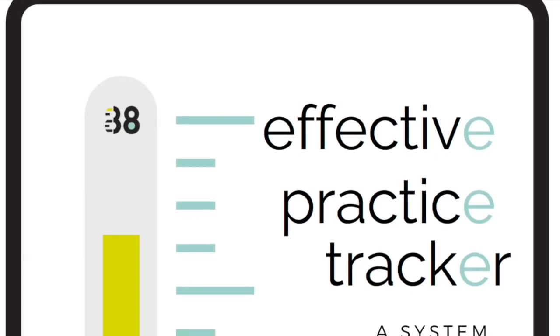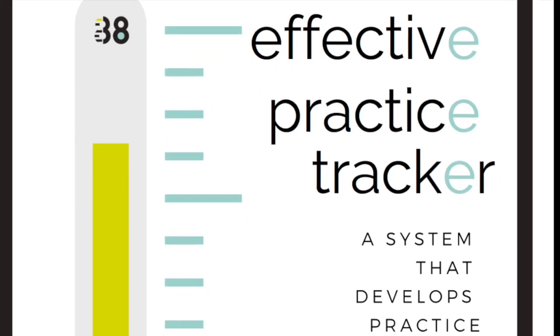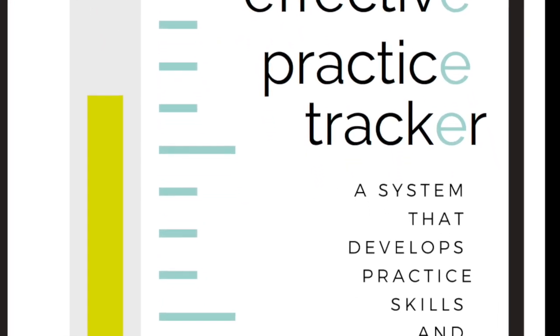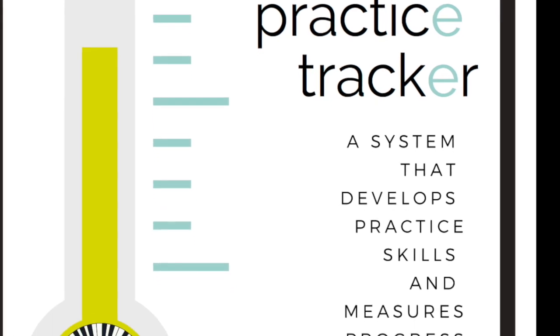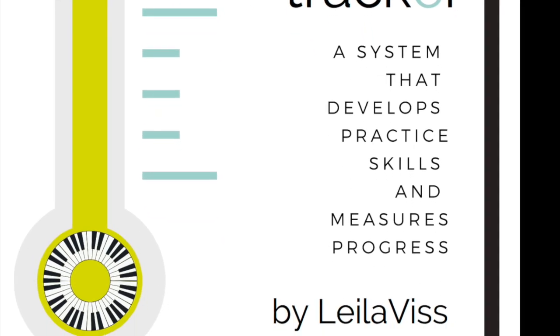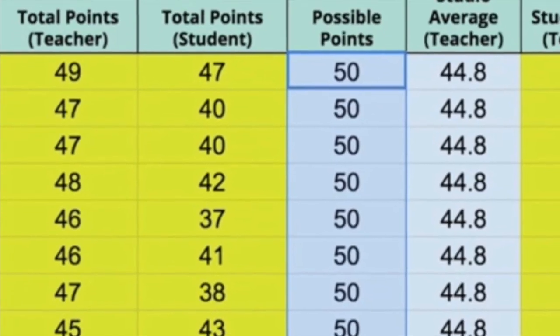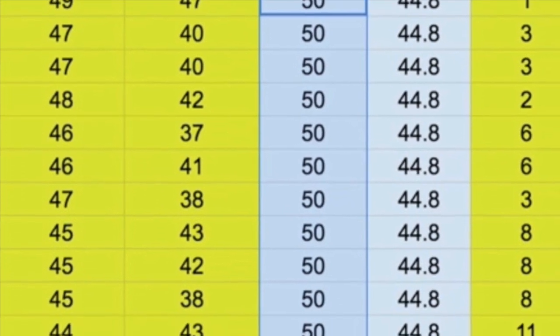The Effective Practice Tracker is a systematic way to measure student progress, to communicate that progress to parents, and to give budding musicians a vocabulary to help them develop effective practice skills. For years, I've given weekly progress scores to my students, and now I'm asking them to rate the effectiveness of